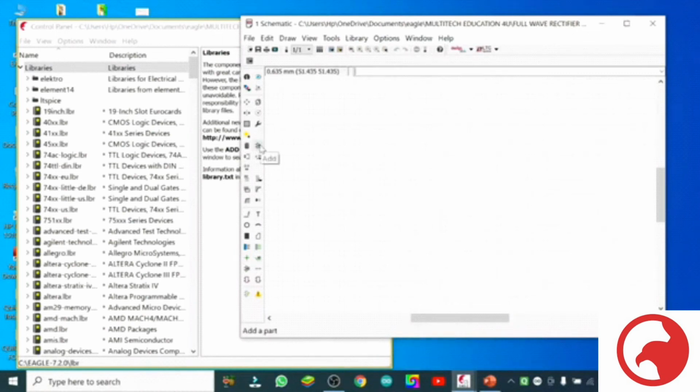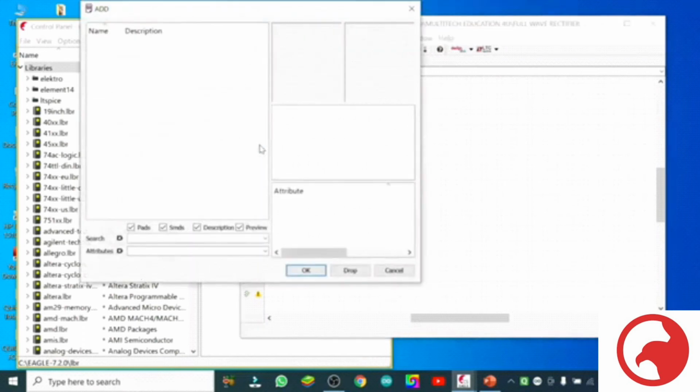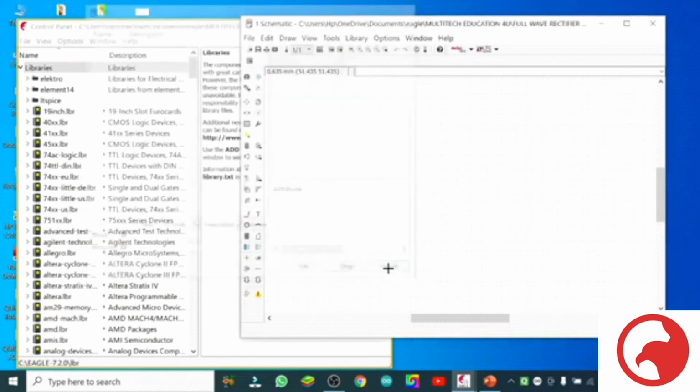This is the symbol to bring components in our schematic from the library. Now see, there is nothing because there are no green dots in the library on the components. So it is showing nothing. Otherwise it should show your symbols to select and drag into your schematic.